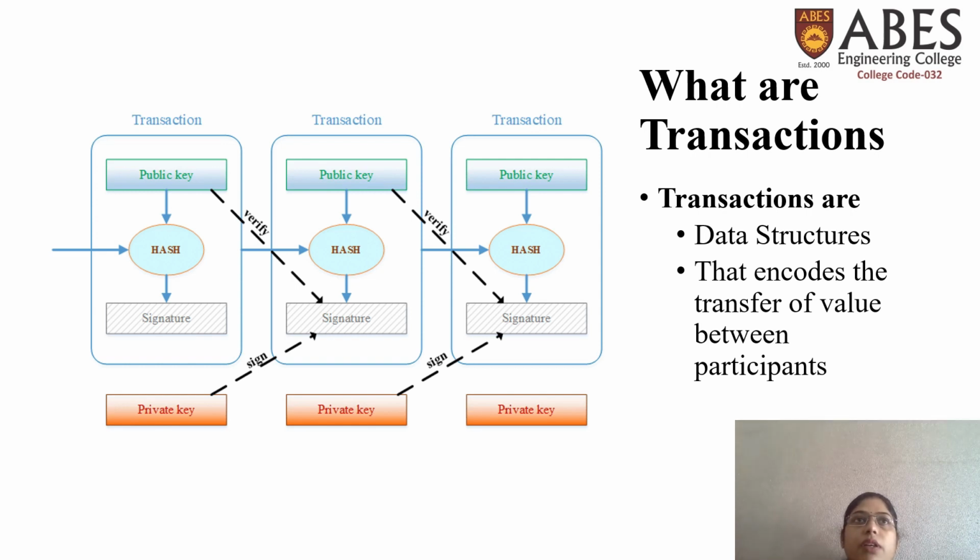So blockchain also has a particular format in the form of a block, right? And we are using some encryption algorithms, some hash keys, public keys to store that data in the block. So this is what a transaction looks like. It is verified, it is signed by the user who has created the block, and then it is verified by another user or the peers that are associated with that particular network.